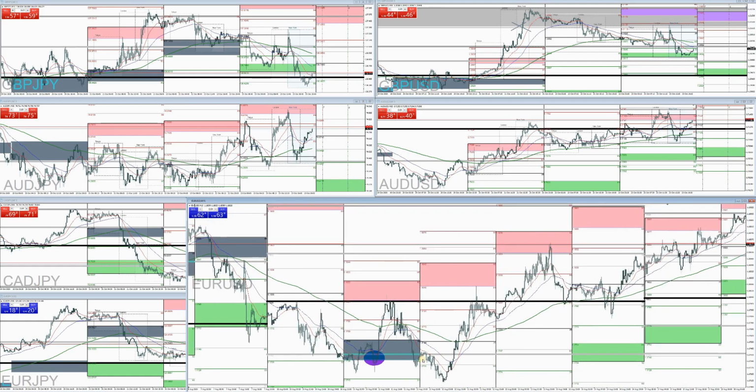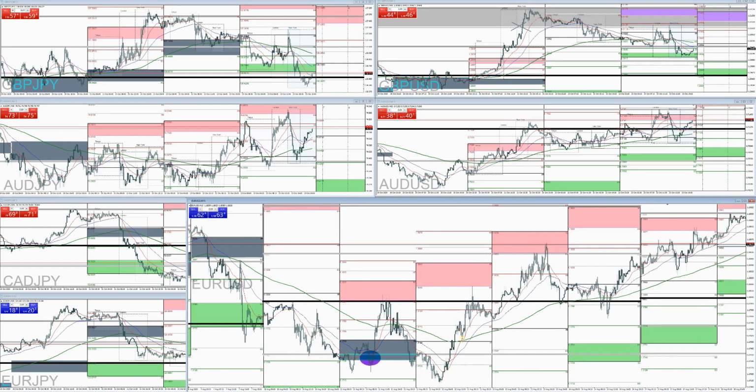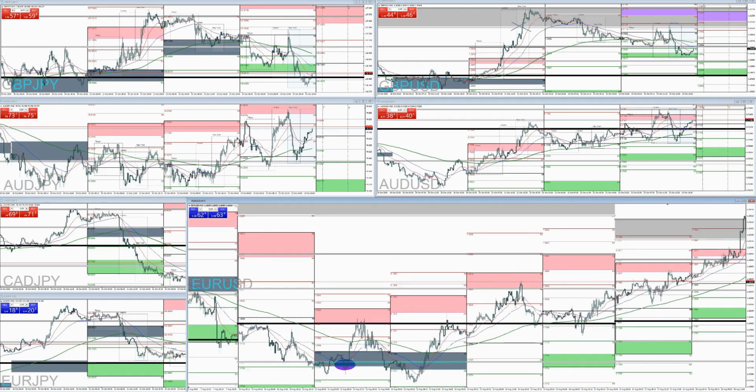Okay, so the next day we did get the price come down and then back up again, so we did get an entry. We'll go ahead and mark that out. So we did get an entry here, and we'll take a look at take profit. Okay, with spread, got it in here.